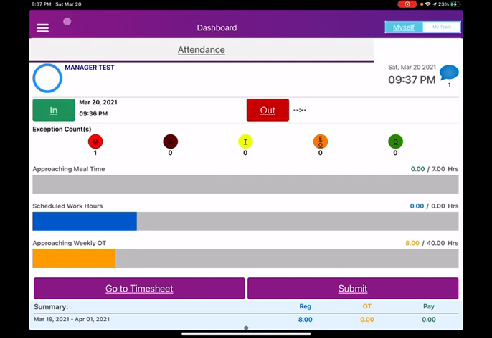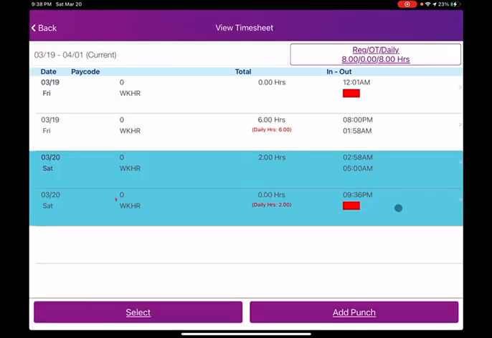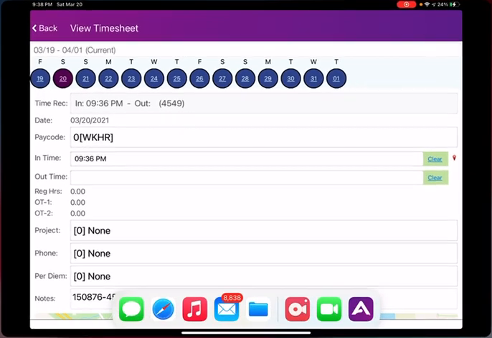Once you go to the dashboard, off these 3 dashes, go to timesheet here, and then just click on it. So make sure you're in the current pay period. Click on it. It will load. And then you just simply edit the notes here. Okay. Can't edit anything else, but then just add the notes for me. Okay. So another quick thing I want to show you